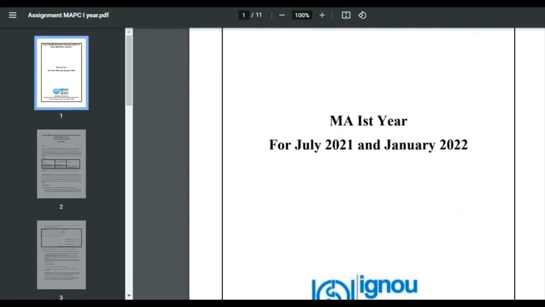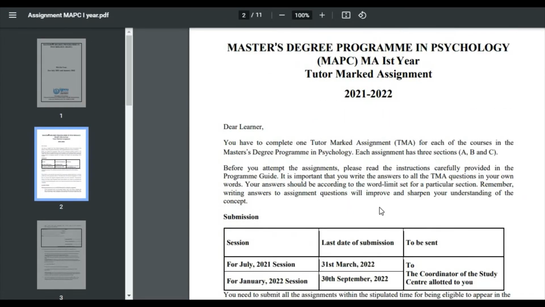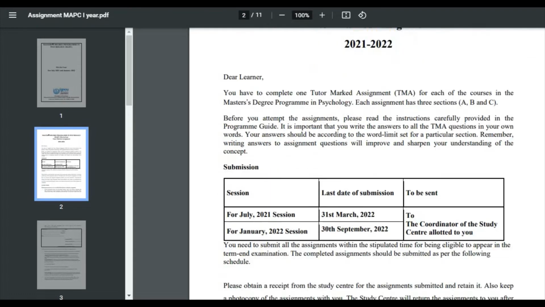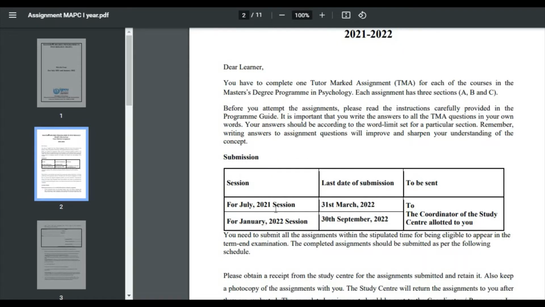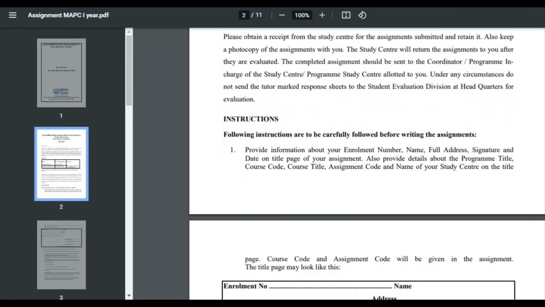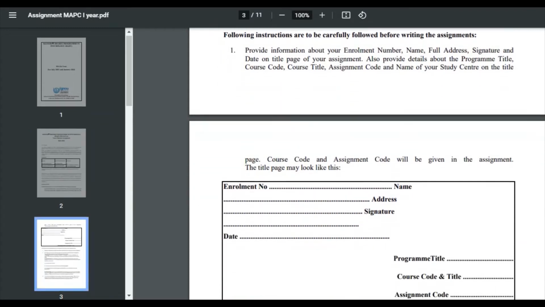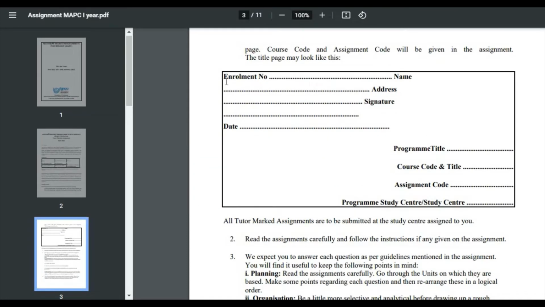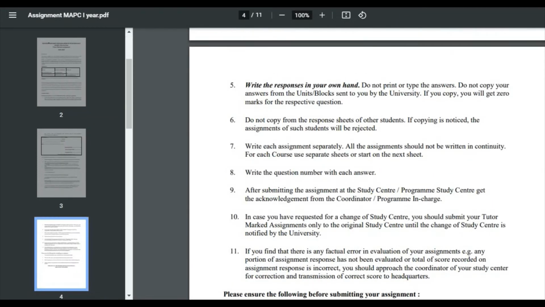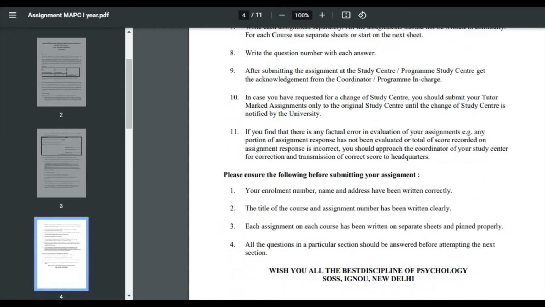Here I will contain all the details first, and the session that the assignment is for, and down below there will be instructions on how to submit this assignment, and you have to fill this form up. You can fill this online, or you can print it out and fill this form of your assignment. This is called the assignment form, and after filling this form you can read all these instructions from here.